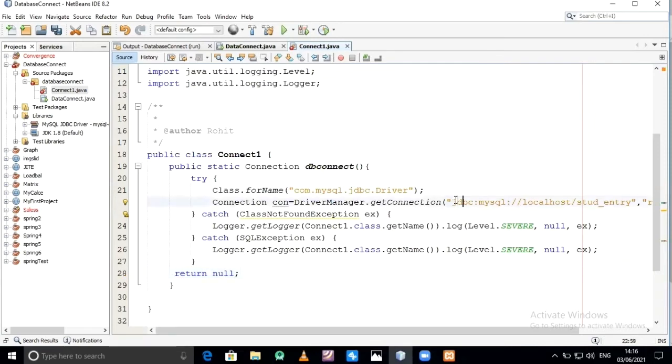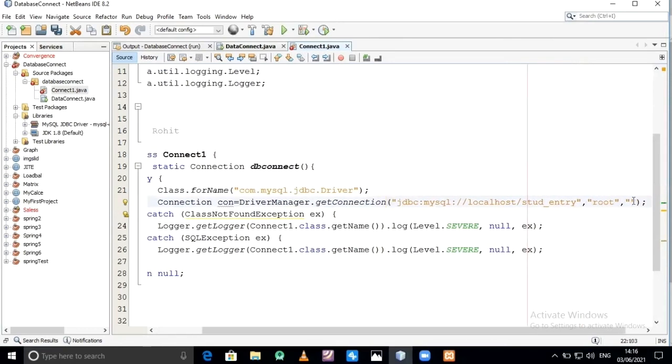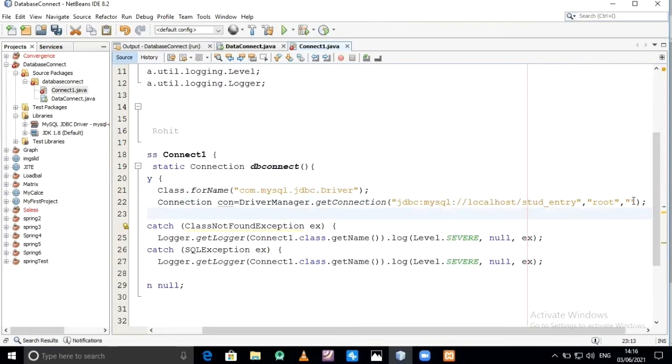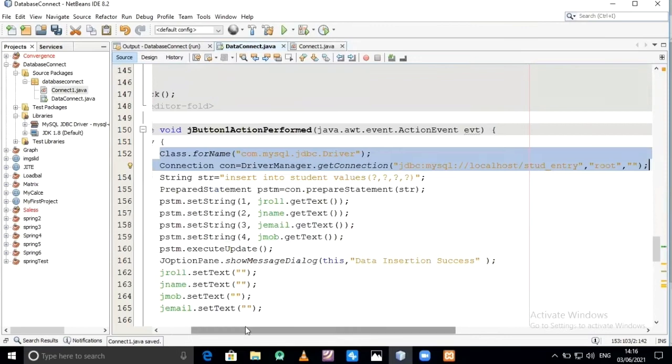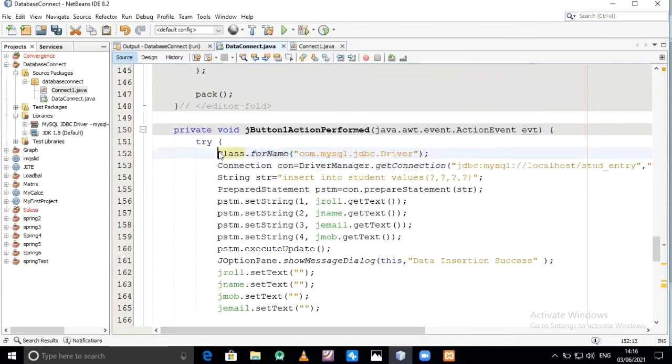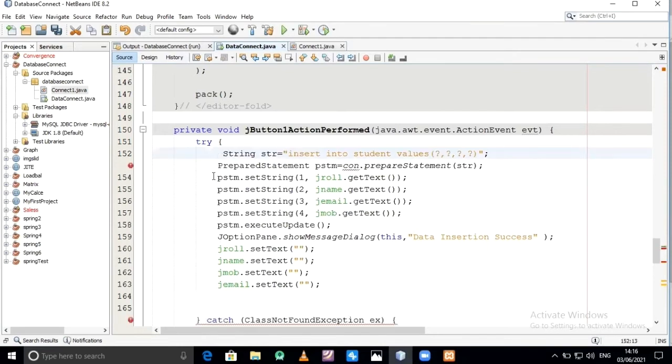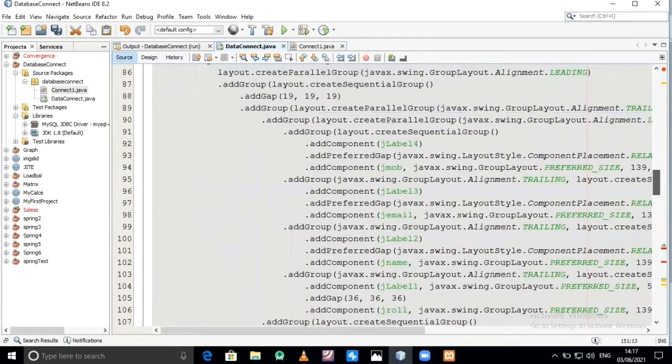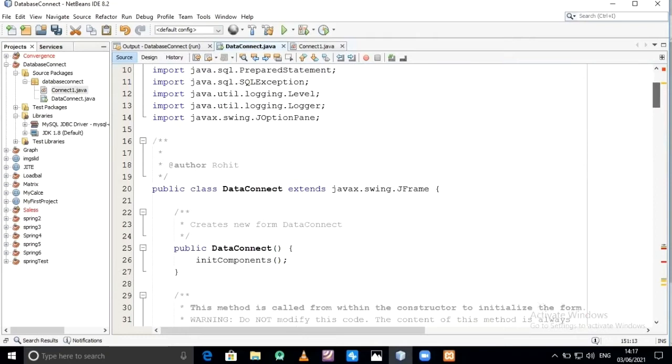And after successful completion of the connection, we return the con object. Return. We only require this connection object.